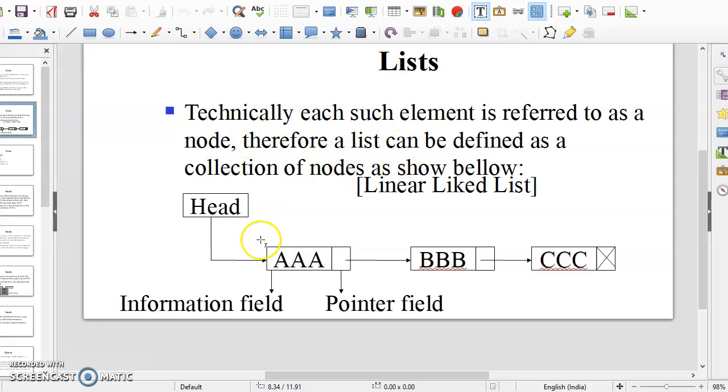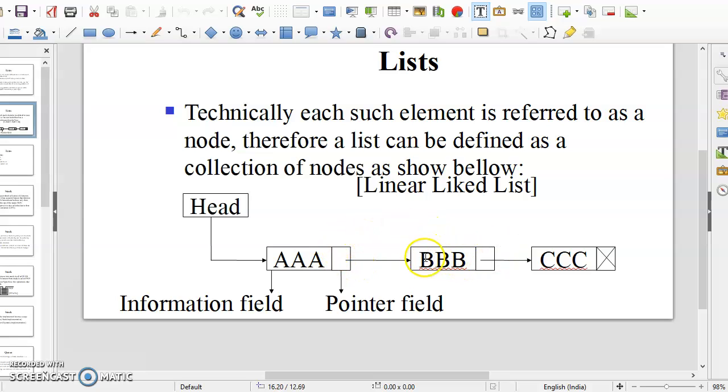The diagram below shows first AAA. This is the head, which is the information field, and then this space is used for the address, which is held by the pointer. It is a simple variable which stores the address of the next variable, that is, the address of BBB.